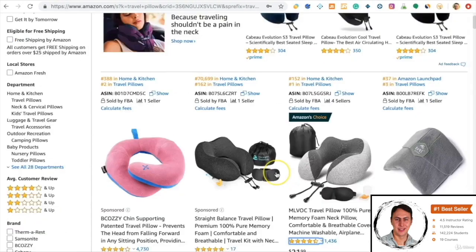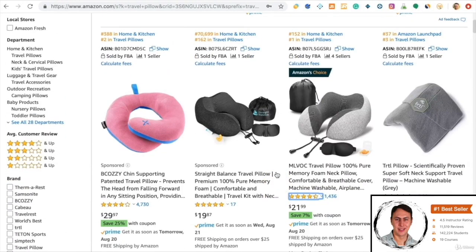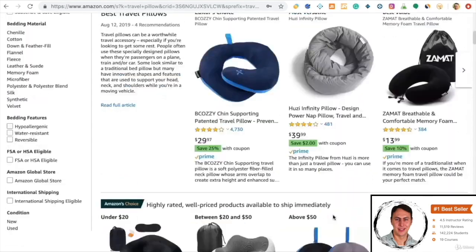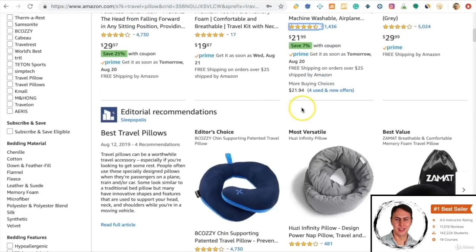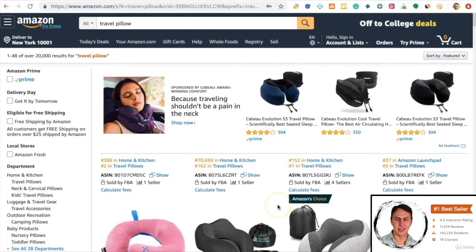If the main keyword of your product, for example, is travel pillow, you see it in your competitors. The keyword travel pillow is in the forefront. The most important keyword of this product is probably travel pillow. Almost all of the leading ones have written the keyword travel pillow in this product. The biggest reason for this product to be in the first place in the travel pillow search is that this keyword is used in many places when listing the product, in the title, bullet points. In the product listing, you should definitely use the keywords that will bring your product to the first